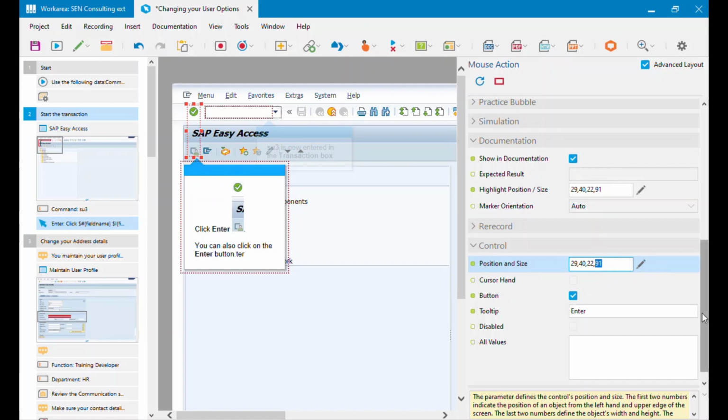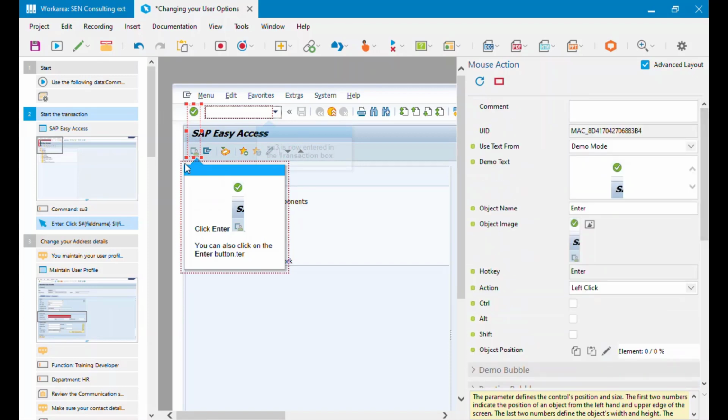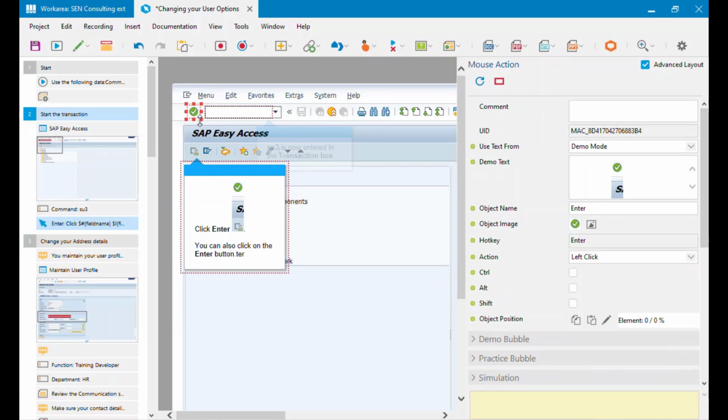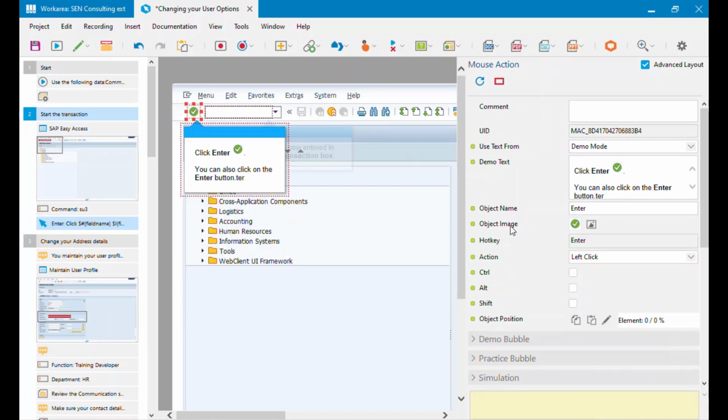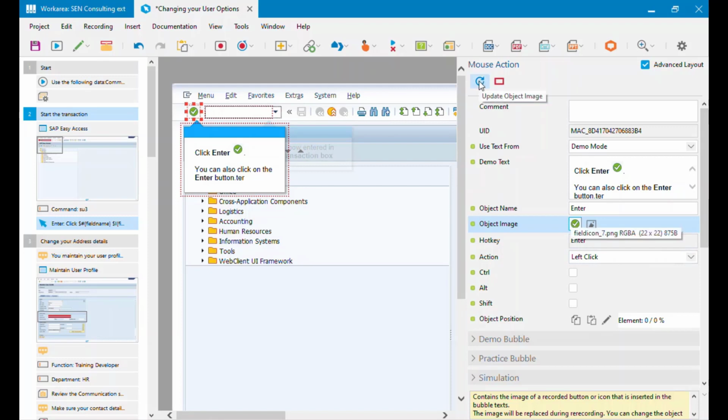Now, what if you want to change one of those independently? Firstly, let me put this back to where it was so it's a bit more realistic. So say I want to change this object image because I think there's too much white space around there, and if I have text flowing on either sides of this, it kind of looks ugly. So say I want to crop that right down. The easiest way of doing this is to use the Update Object Image button, which is on the top of